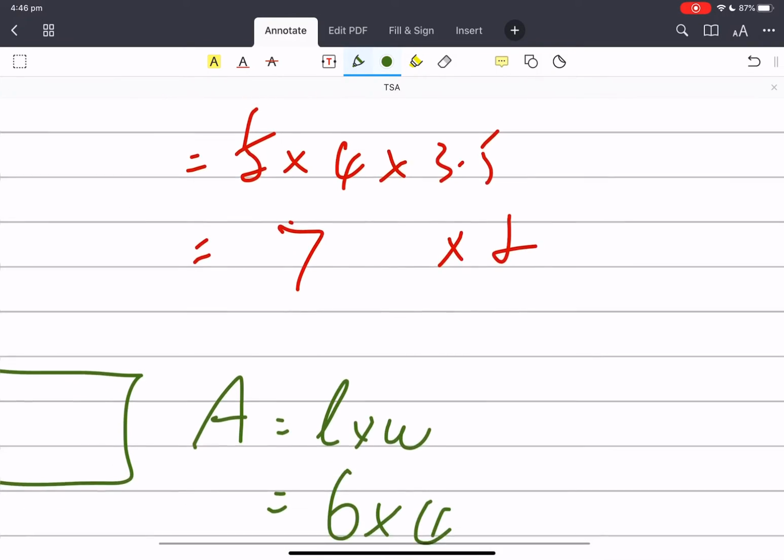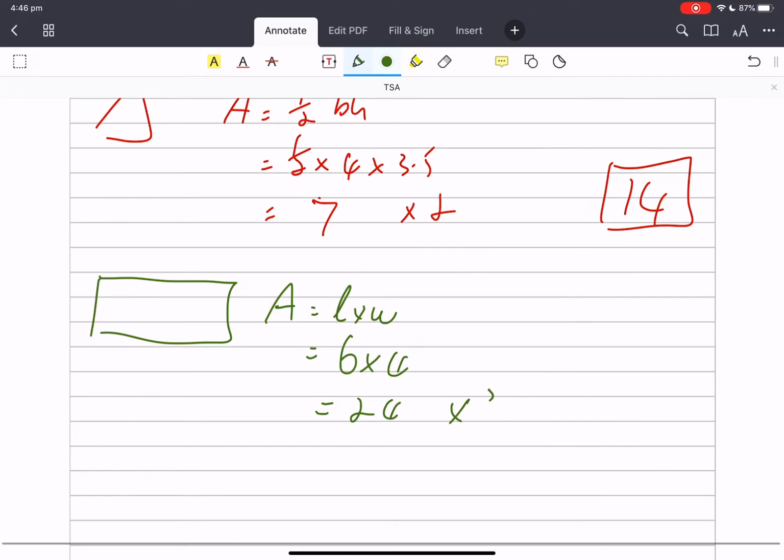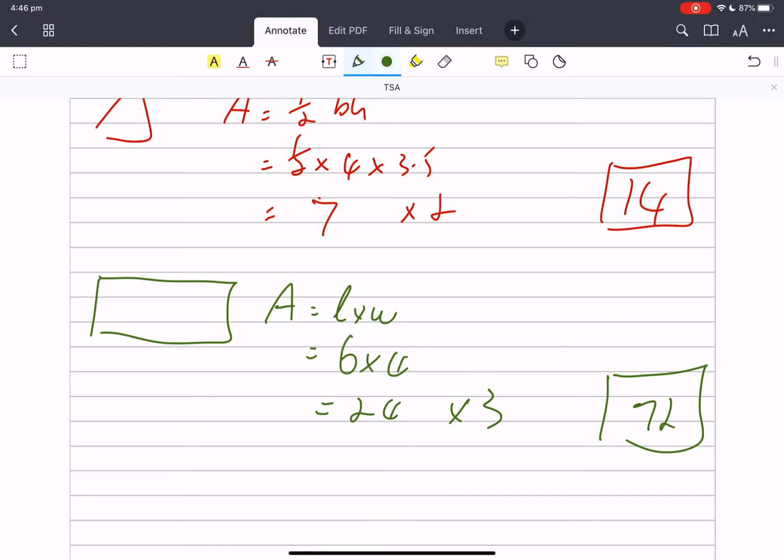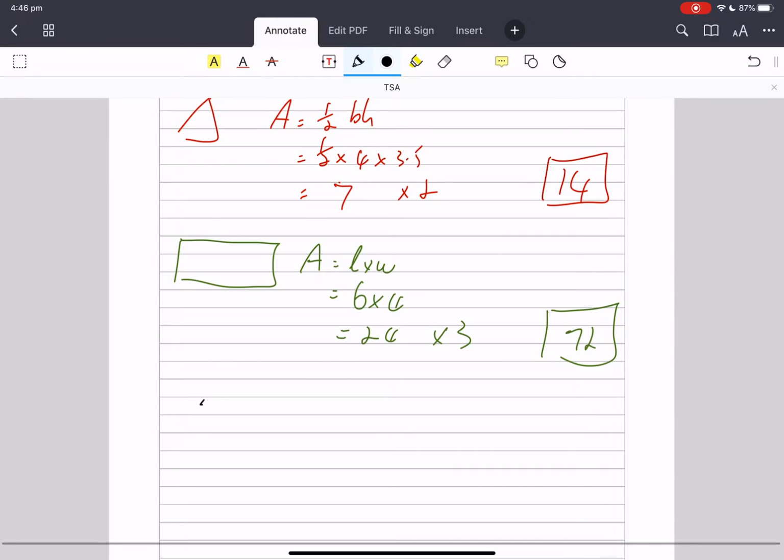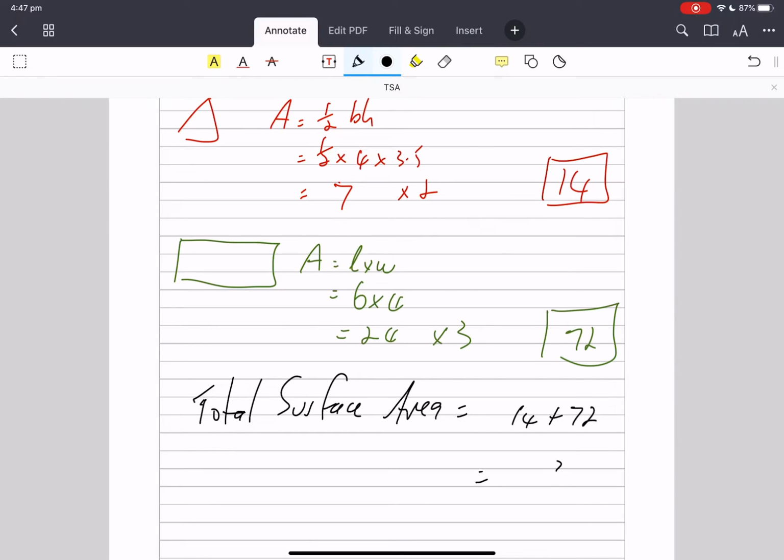So there's 3 of those. 3 24s, 72. So my total equals 14 plus 72, 86